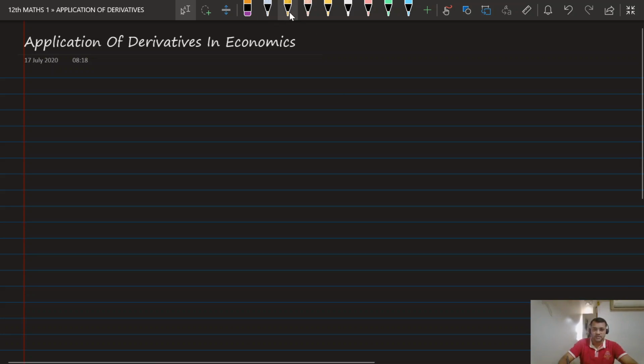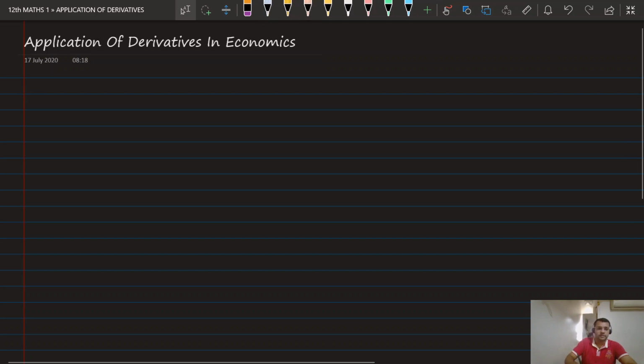Good morning, guys. Let us start with the last part of the chapter, which is based on application of derivatives. In the previous class, we had finished with maxima and minima of the function. Now, when we talk about applications in economics, it is all related to demand, supply, cost, all those things. So how does derivative apply to demand, supply and cost, and obviously the price of the commodities? We have to see that in this particular part. So let us start with all the points one by one.